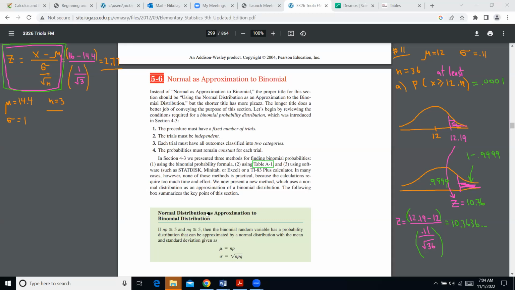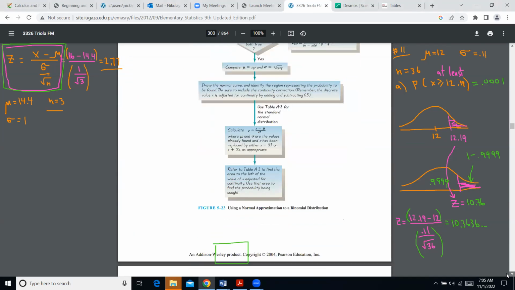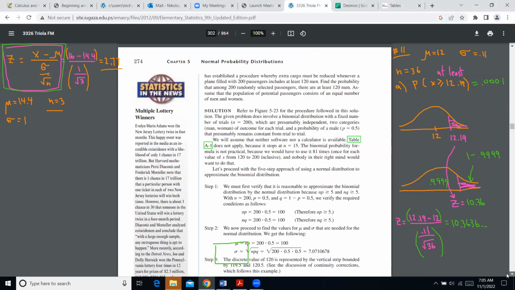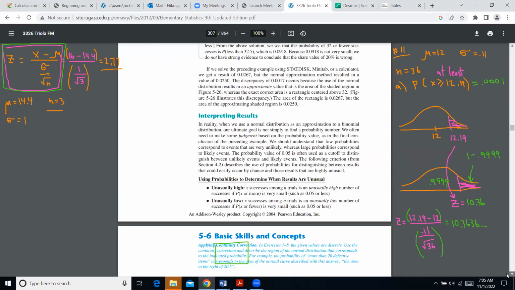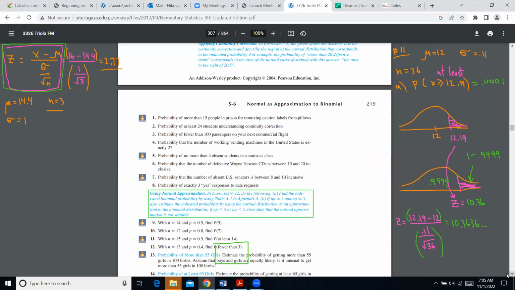Remember, we had the previous chapter 5 that was working with binomial distribution, and it was working with those two formulas for mean and for standard deviation. In the case we were not given mean and standard deviation. And that's actually what they're using in here. I think it's a pretty neat application of how you can utilize the normal distribution pretty much anywhere, because then you can use those little tables and get